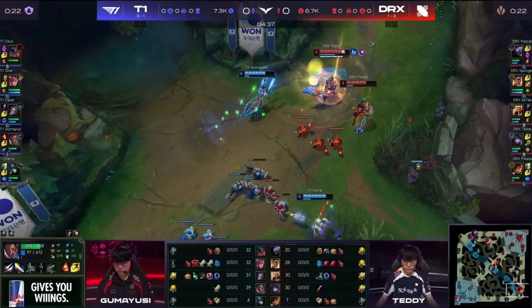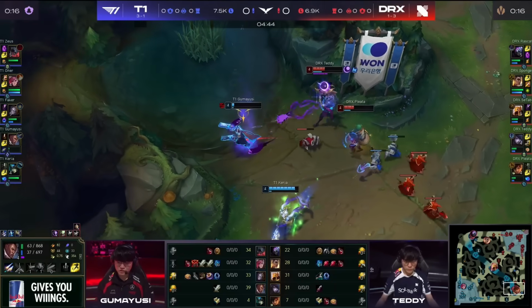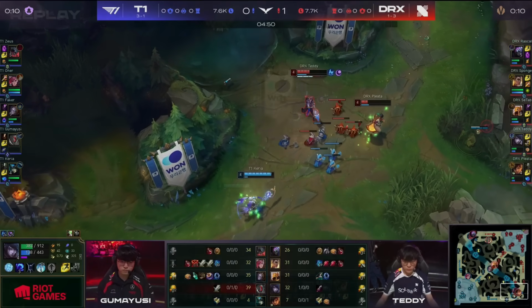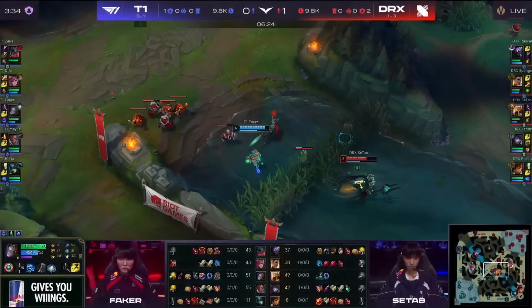Zeus finds an Infernal Chain, cut the video, and Gumayusi taking a bit of damage here. Good fire kick, and actually Teddy going forward. A couple more autos and he's dead, and that's first blood for the bottom lane of DRX. Yeah, and he's stuck up close. You can see he's trying to get to the wall to flash away. Doesn't get it in time, just beautifully disengaged, but...